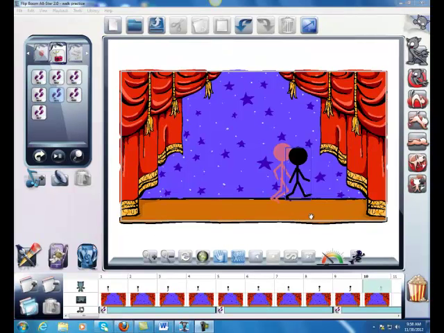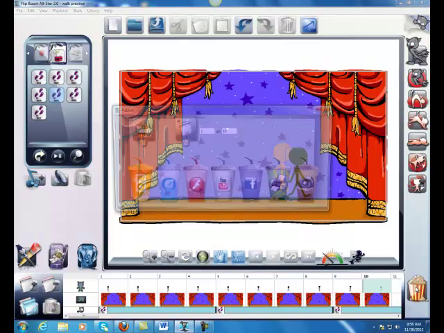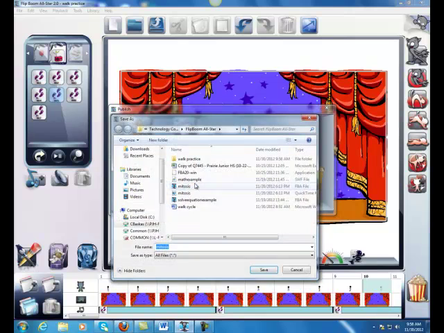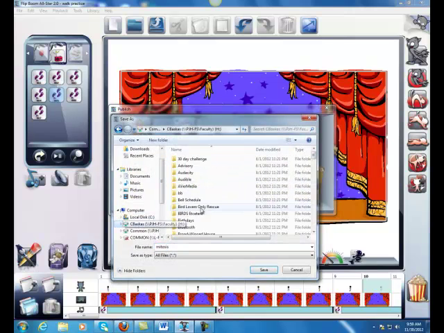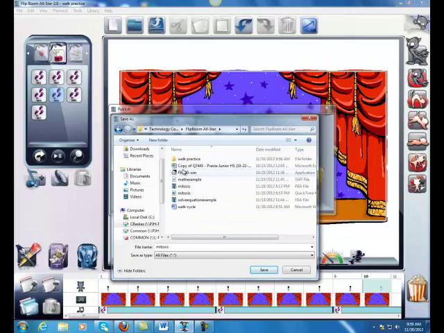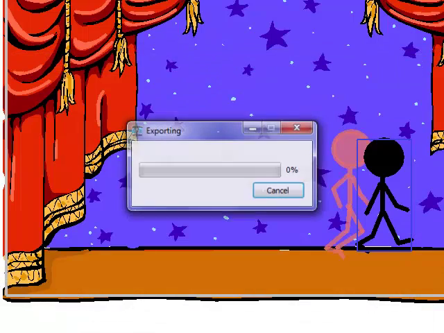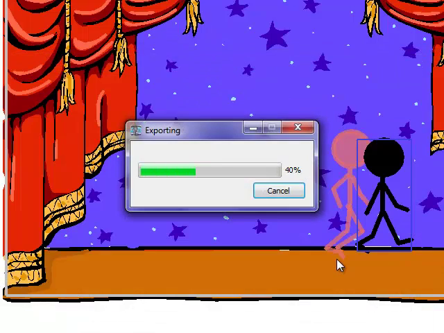So the last part is to export your animation in a certain type of file. So I'm going to click the popcorn right here, and I'm just going to choose Flash. Click on it, and it says where do you want to save it. So I'm going to go ahead and save it to my Tech Coach folder under Flipboom All-Star Walk Practice. You could save it wherever you want. I'm going to call it Walk Practice Final and hit save, and then it will export it in that format,